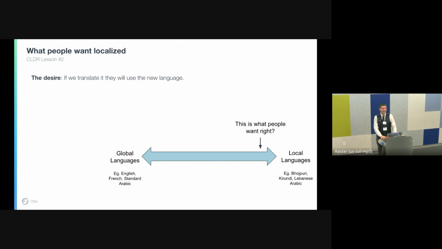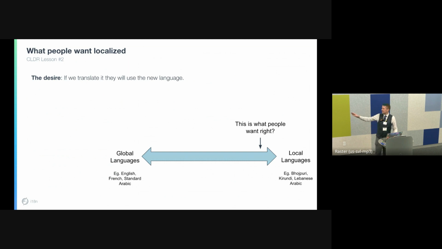Another desire that I love. So this is probably the most important slide for all of us. I wish this wasn't true, but it is. If we translate it, people will switch to that language, right? It's going to benefit everyone. I want to translate every single language in the world. You know the meme where there's the woman who loves cats and wants to hug them all, but she can't and it makes her sad? That's like me with languages. I wish we could translate them all and have everything in the most localized content possible.